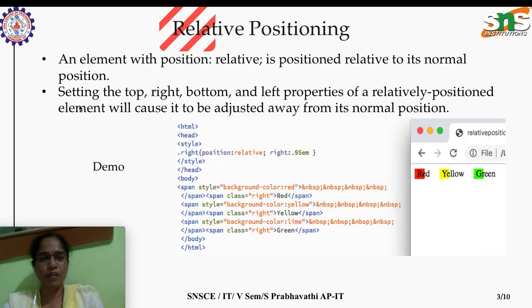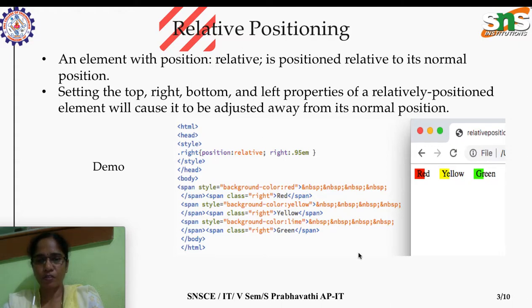We could change one or more of the properties left, right, top, bottom, so the position of a relatively positioned element is adjusted from its normal flow based on these values.